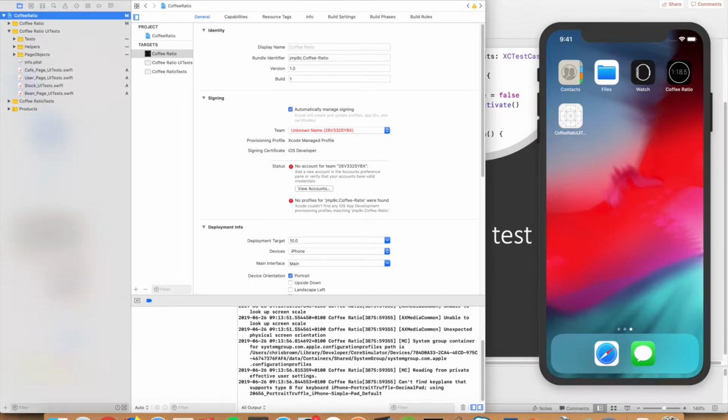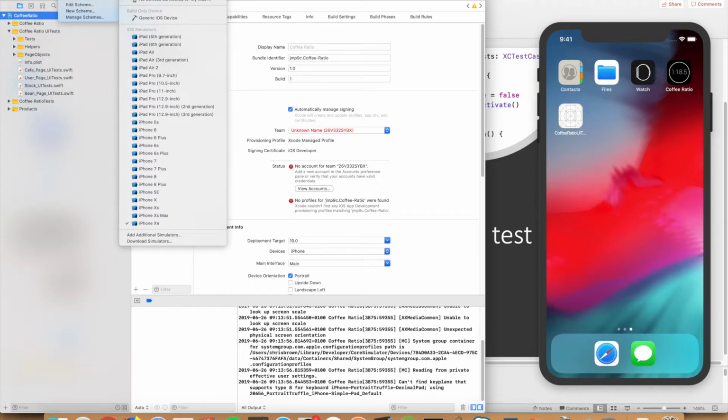If we go into this little drop down at the top, we can see this is called a scheme, and if we hover over it, we can see a list of iOS simulators that Xcode provides. You can install different iOS versions if you so desired, but out of the box, this is what it provides. And if you plugged in your own iPhone,